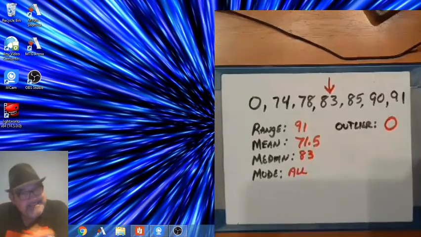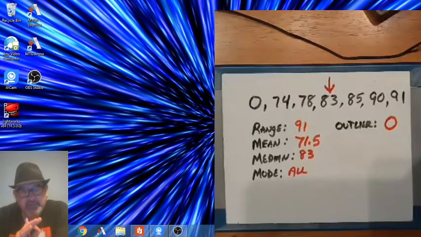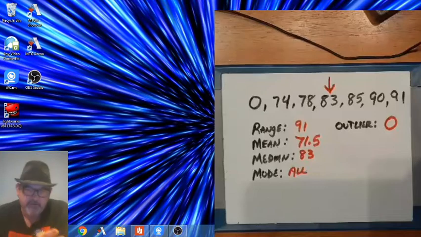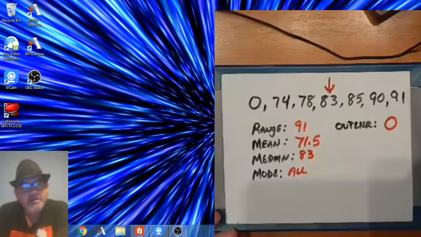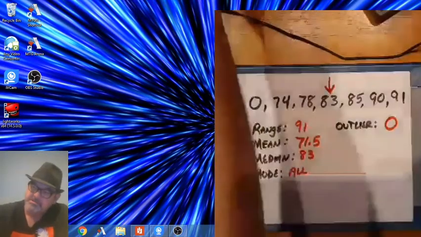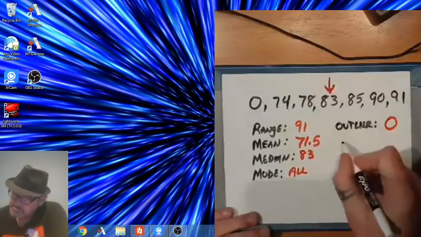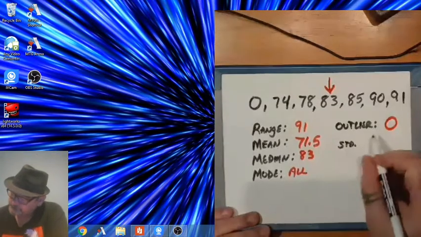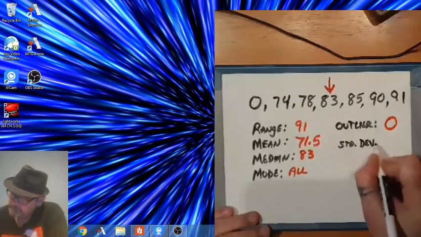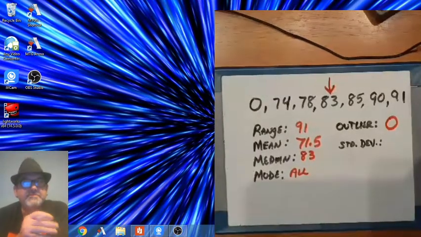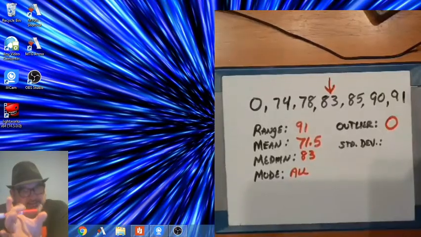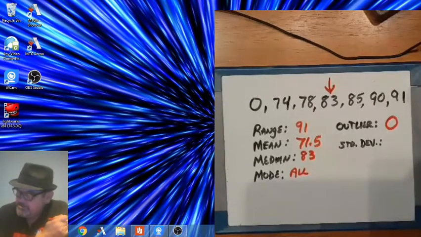Now, it's easy to point out what the outliers are, but the important thing that you guys need to remember is how it affects measures of center. We talked about measures of center. In fact, we've got them pretty much all right here: mean, median, and mode. We could also put in here standard deviation if we wanted to, because standard deviation, as we saw before, also talks about numbers in the center and how far away from the center each